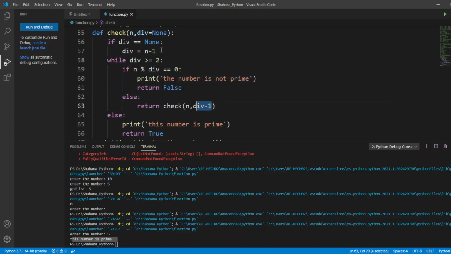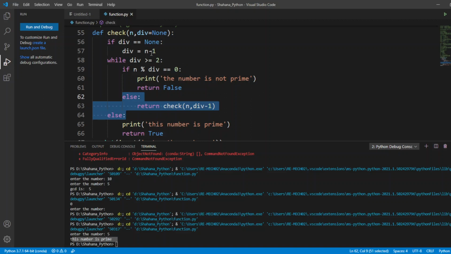I'm going to call this function and run this loop once again. This way I'm going to run it until this condition is satisfied. If any of these conditions is satisfied, if this mod is zero, it's going to tell me the number is not a prime number. If this condition is not satisfied, the else part will keep running.